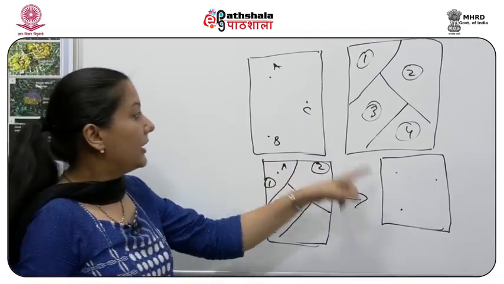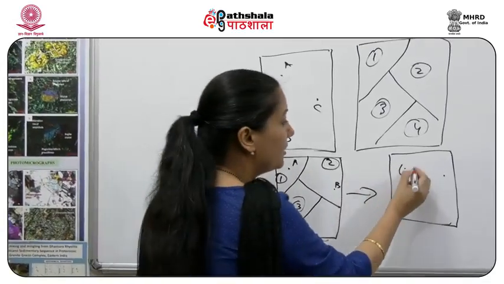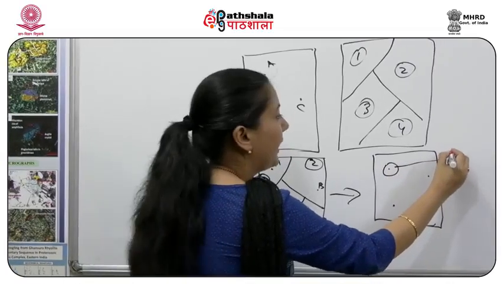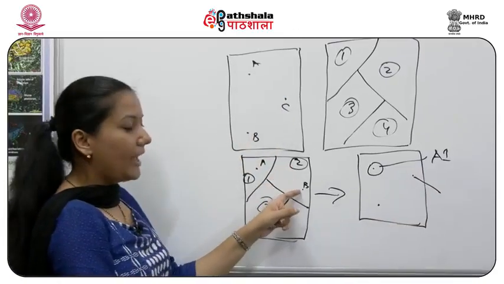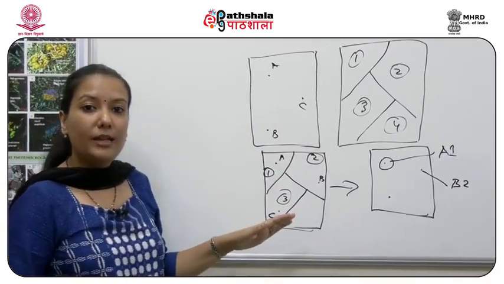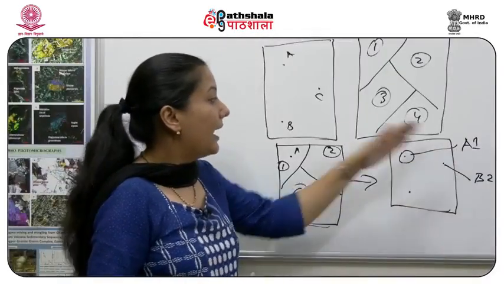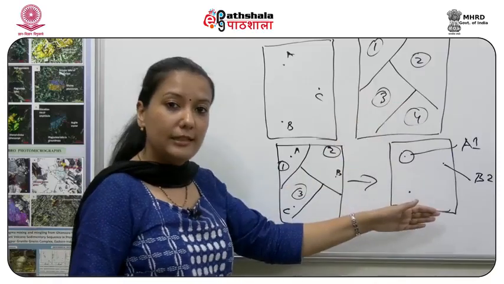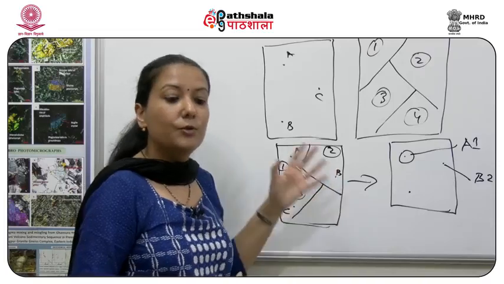So finally the output of this would be something like this. The ultimate data is again based on the points. So this is a point and polygon, but the information for this is now A and 1, and because this point is within 2, here we would have B2. So in this overlaying method, the point and the polygon features are being integrated together and the attribute data is being integrated together. So you get all the attribute information for both the layers in a single layer, but it would still remain as point data. So this is one kind of overlay method.